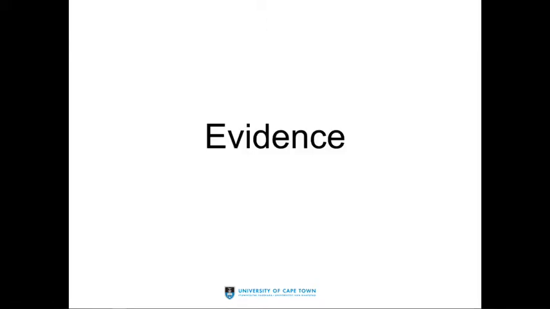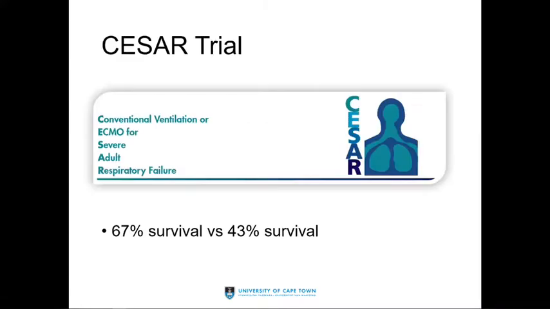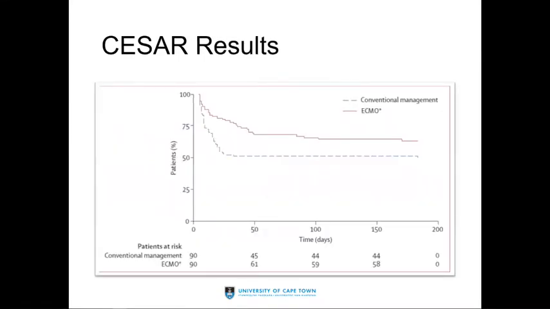So let's just discuss the evidence. So the CESAR trial, which is actually not a badly named trial in terms of forcing the acronym from it, and it looked at conventional ventilation or ECMO for severe adult respiratory failure. And they showed a 67% survival versus a 43% survival, and they have a nice graph to show you the